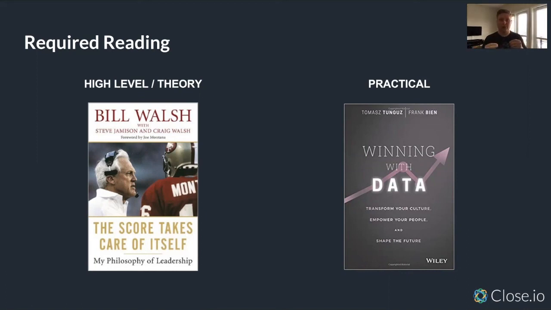Really good at helping you understand data, but I've used him in the past for communicating trends or progress to external people in the company. So either if I'm pitching investors or I'm trying to talk to board members and things like that, Tomasz does a great job. So those are 2 books I recommend.